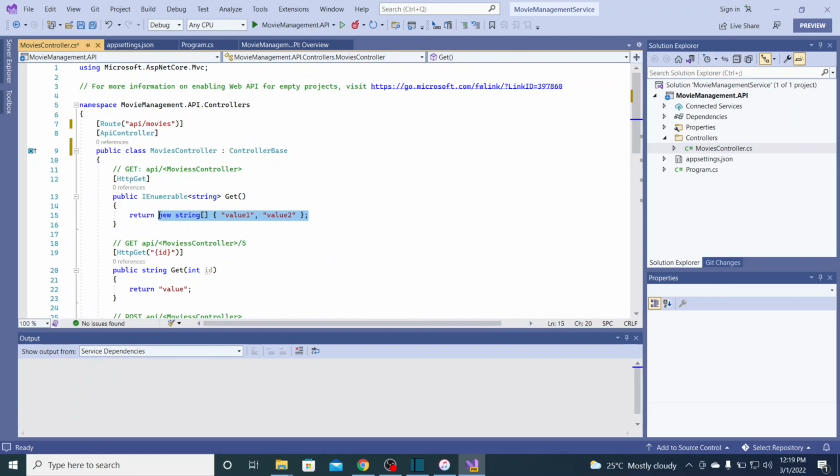Since we're just setting it up in advance, we want to have a place where we can get all movies, get a single movie, create movies, delete movies, and update movies. So we're going to basically write that as we go. Right now we're just trying to set up the